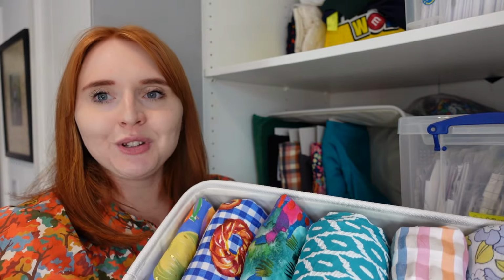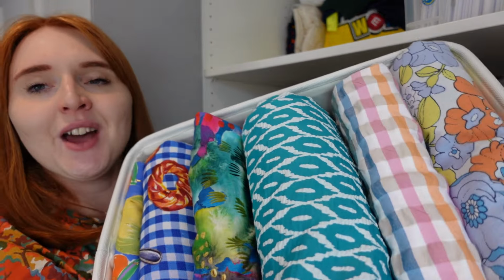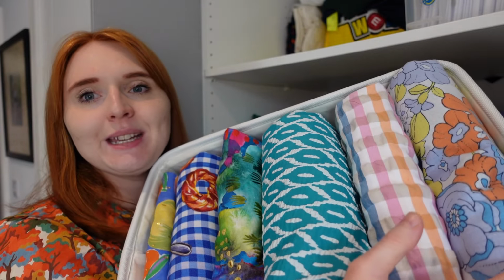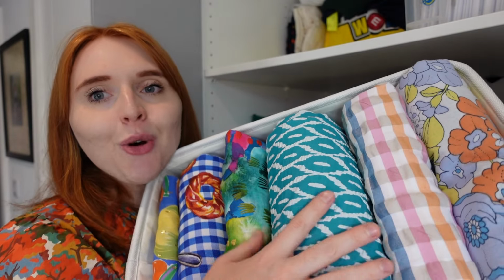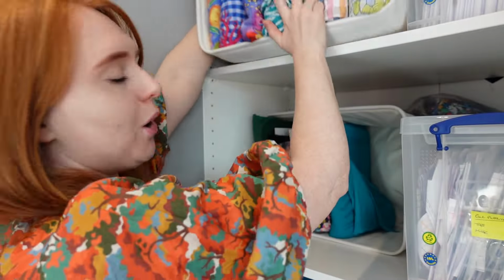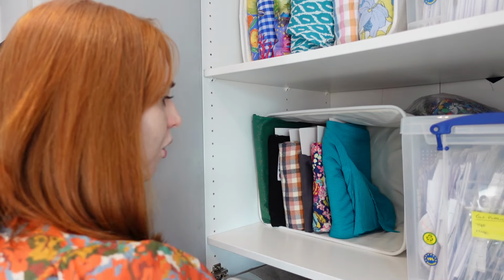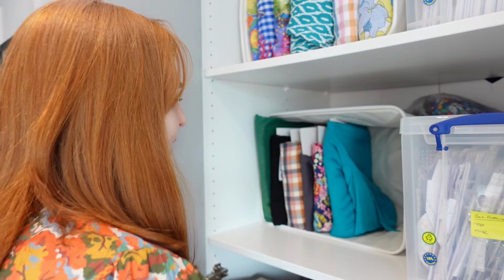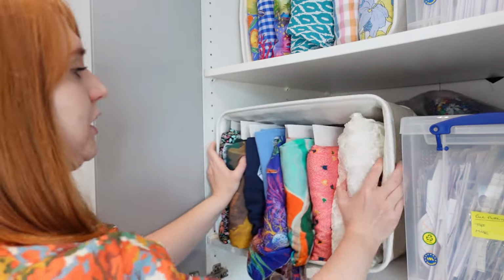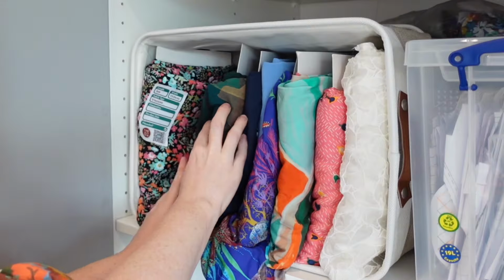So I'm not going to go through the other boxes in their entirety, just because a lot of them are quite recent fabrics, so you can see all of these fabrics in my fabric haul video. So yeah, I'm not going to destash any of those. And then in the other box, I think I'm going to keep most of them except for one. So I'll just show you the one that I'm going to destash. Maybe I can put the box up here just so that you can glimpse the other fabrics. But yeah, we'll just do a quick keep,